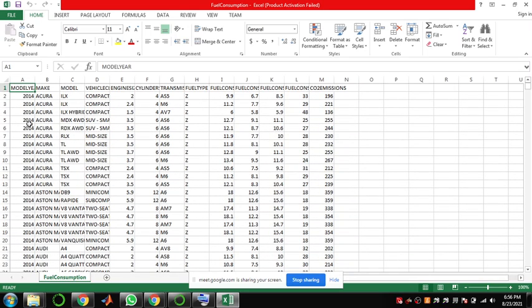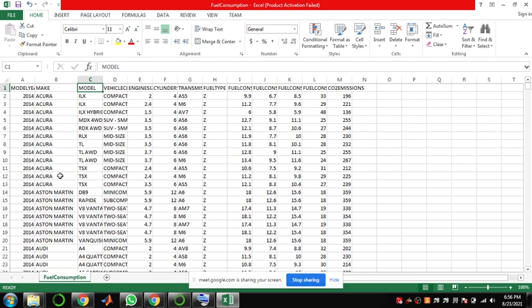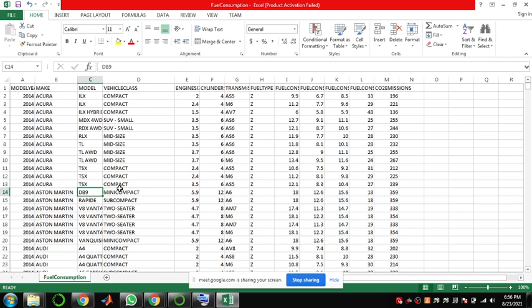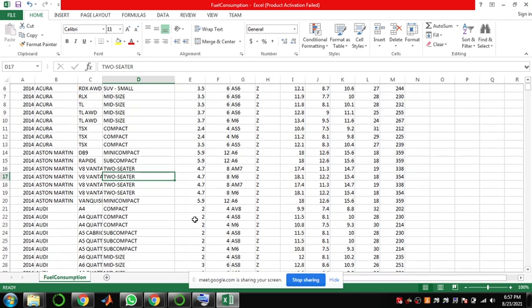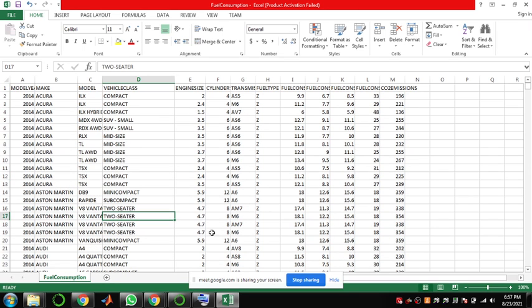Which year the model has been produced, the company that made it, the model, which type of model. Aston Martin, if you're taking that up, the model is DB9. Then the variant, whether it is compact, mini compact or subcompact, two-seater, three-seater; engine size in liters, 1 liter, 2 liter, 1.5, 3, 4, and so on.